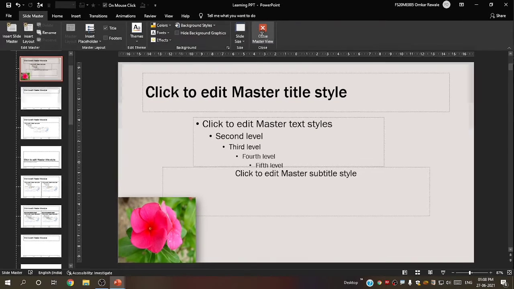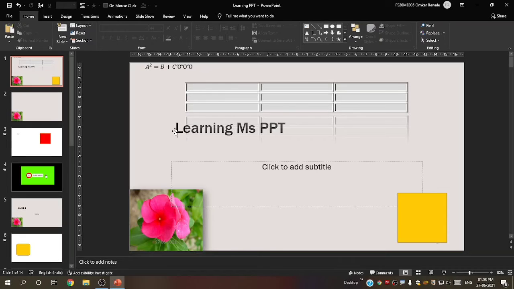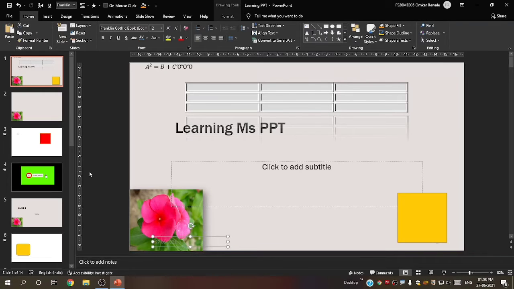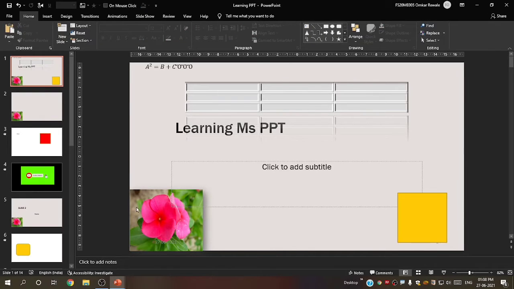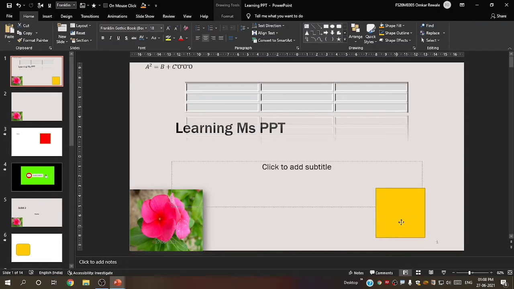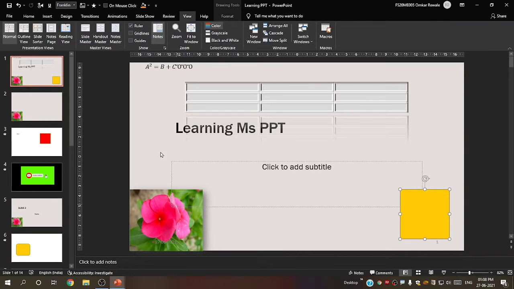Now I will say close master view, and now you can see I am unable to move this picture. So you can make your own custom design with this master view. See, I am unable to move this, but I can move this because I didn't add this in master view. So many certificates are made with this master view.